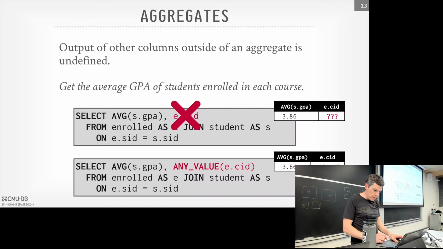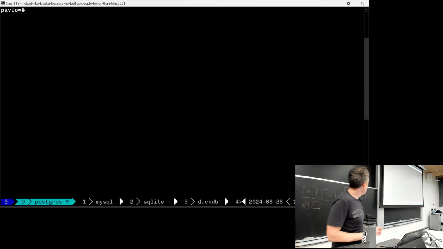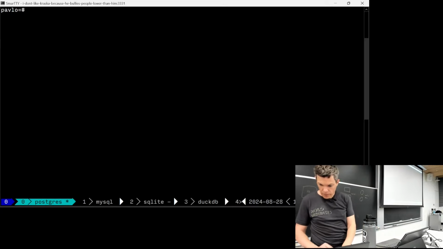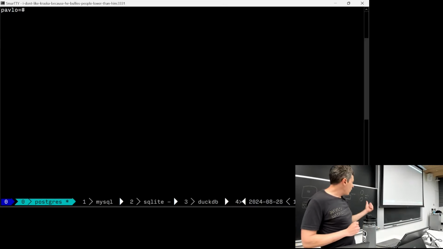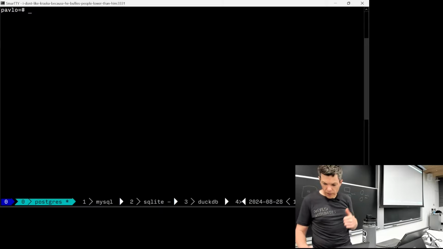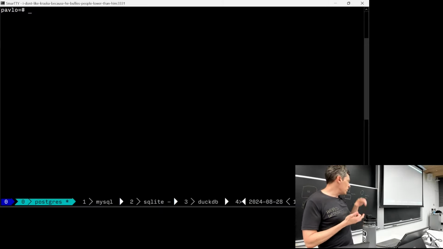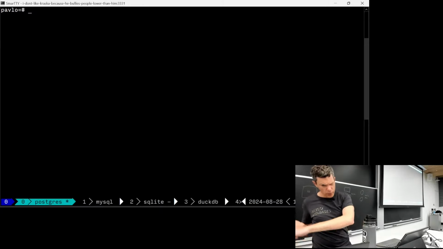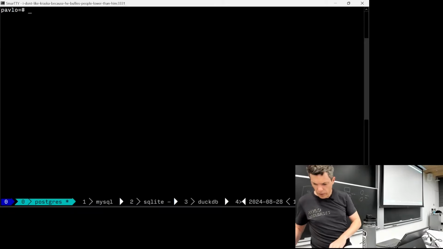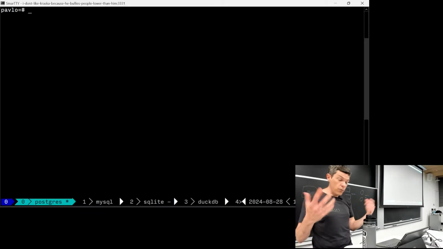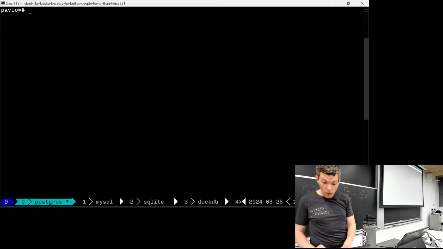And we can just pop open the different database systems and see what happens. I have a machine running back in my office with Postgres, MySQL, SQLite, DuckDB, SQL Server, Oracle, and ClickHouse all running. And again, these are all what you would call relational database systems that all support SQL. If we take that query we showed before,